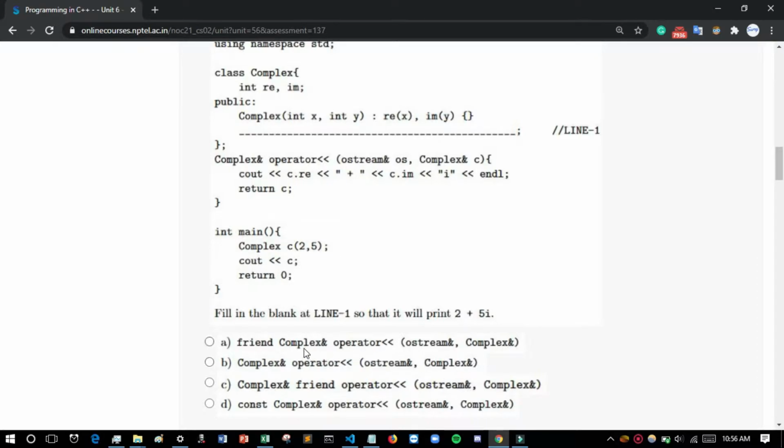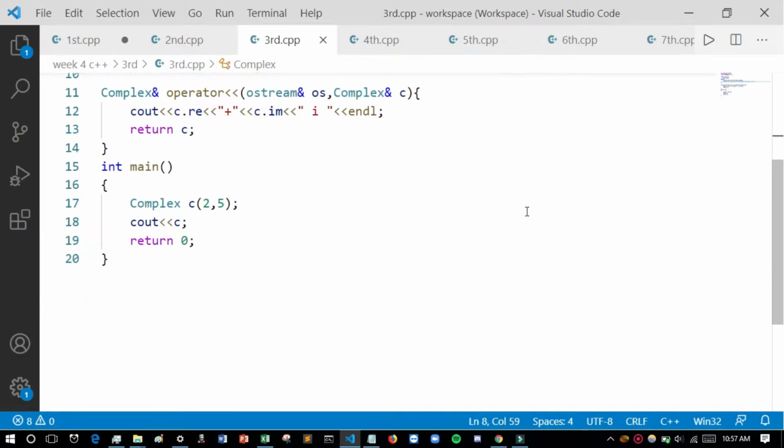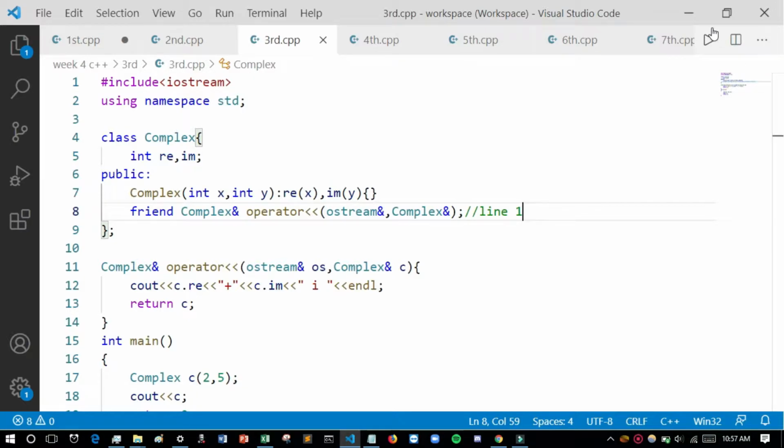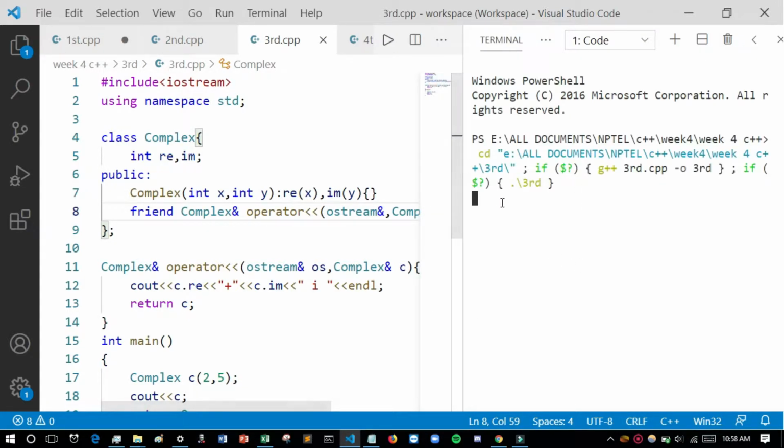I am just showing you the first one, which is the only correct one. So I have written the third program here. You can see this is our first option. If we try to run it, we will see it run successfully. You can see here the output 2 plus 5i.